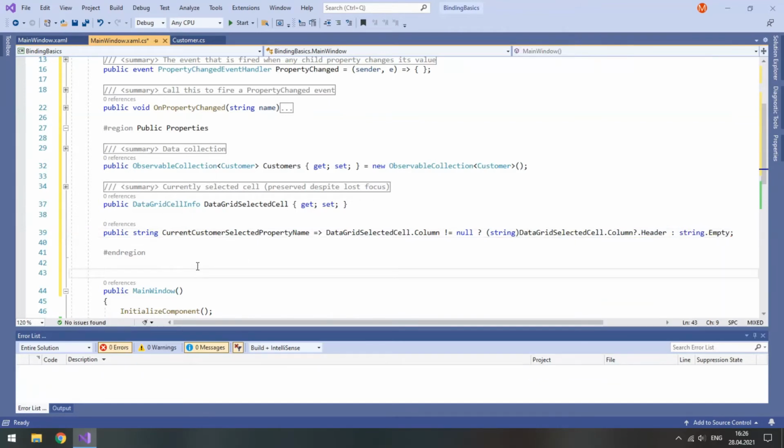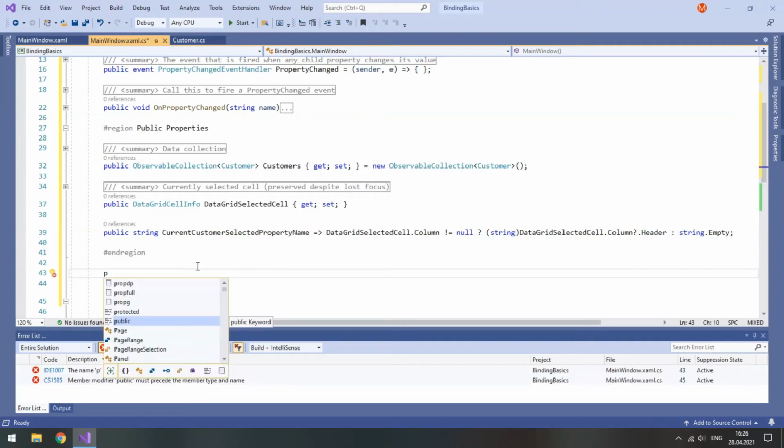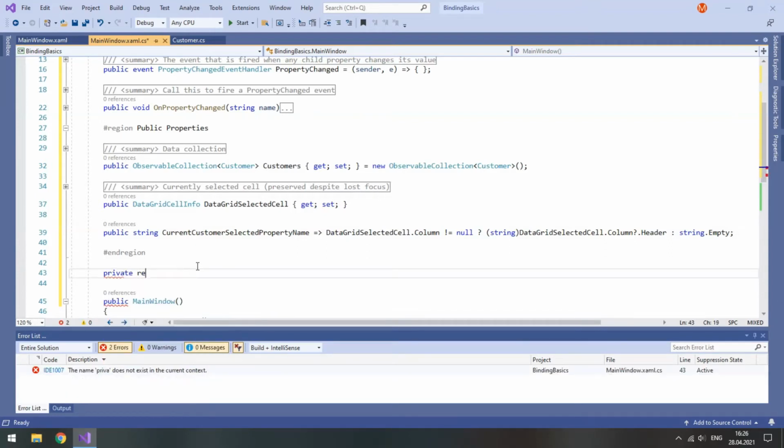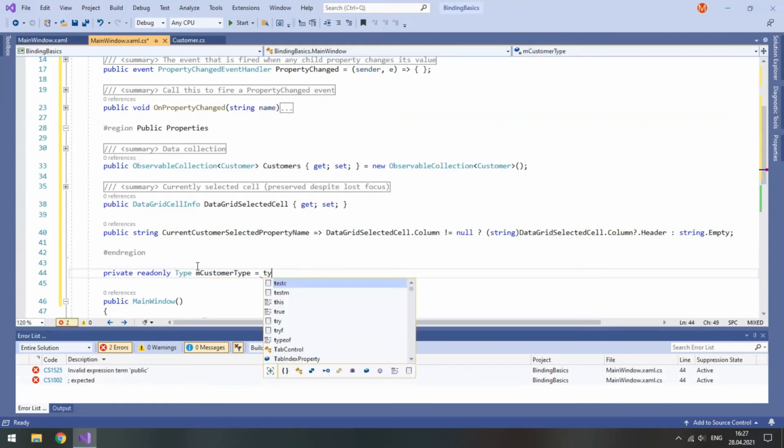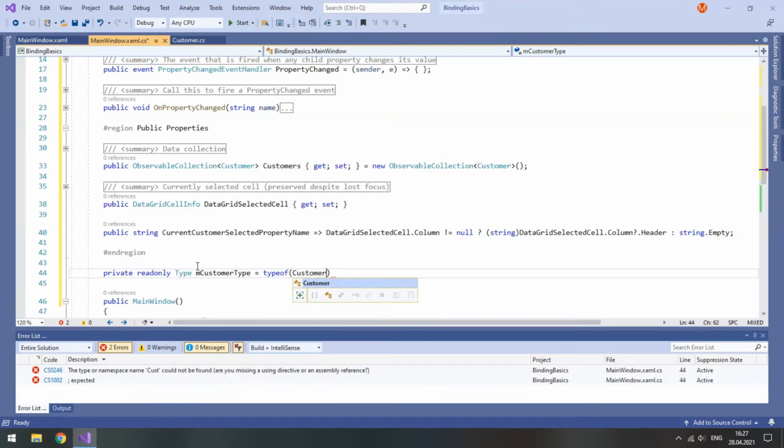Now, under the region, we will need to create a private field for the customer type. So type private, read only, because we will not change it, type, press Ctrl dot and include it, and the name will be M customer type, which is just type of customer.